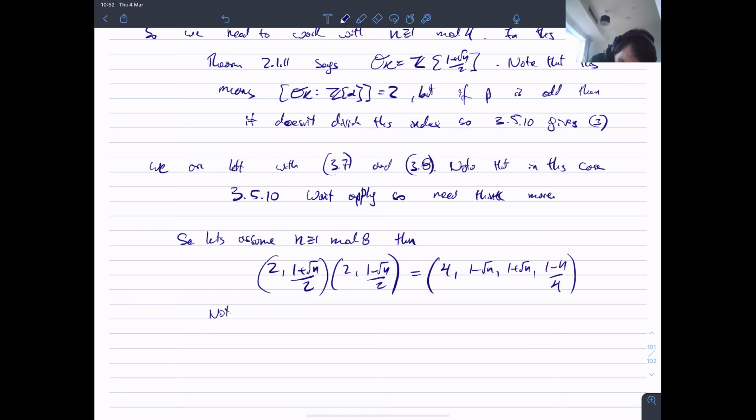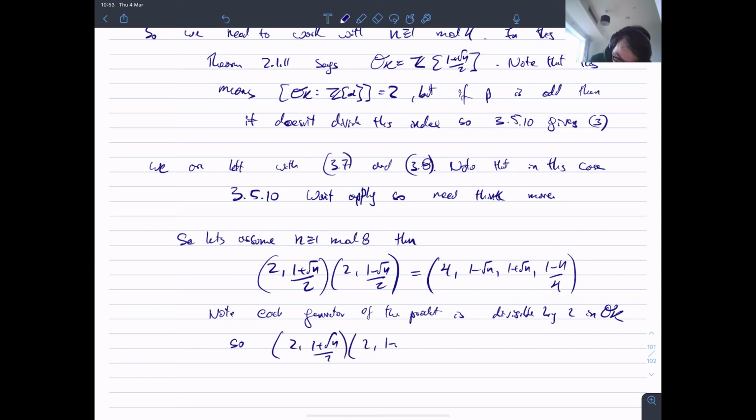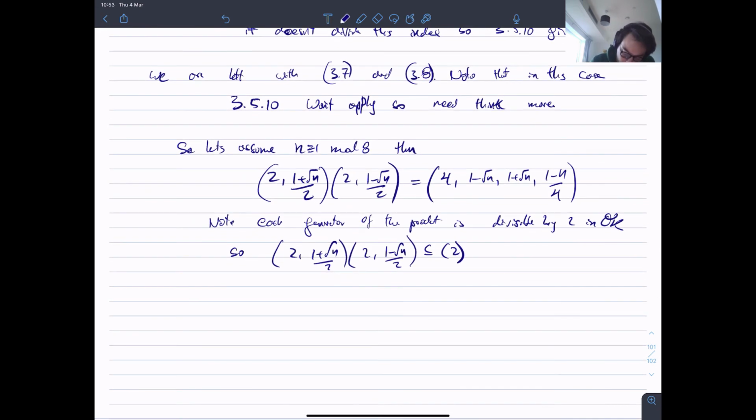Note, each generator term of the product is divisible by 2 in OK. So as we saw before, what this means is this is contained in the ideal generated by 2. And so now we just go to the reverse conclusion. Conversely,